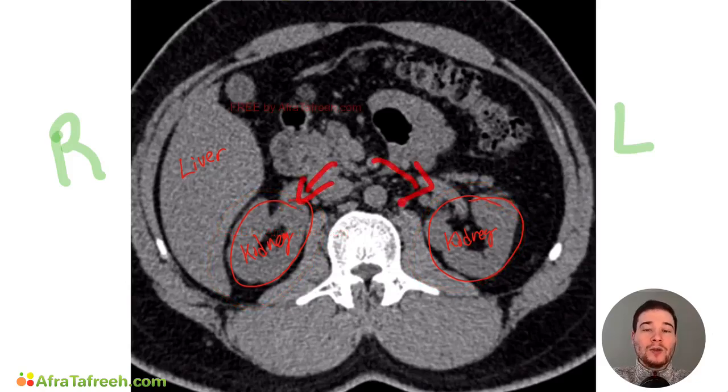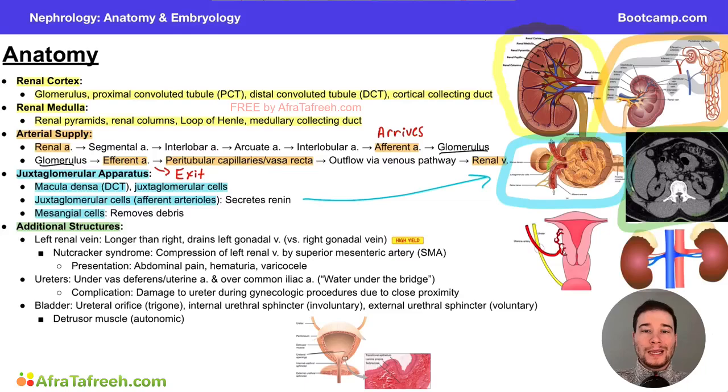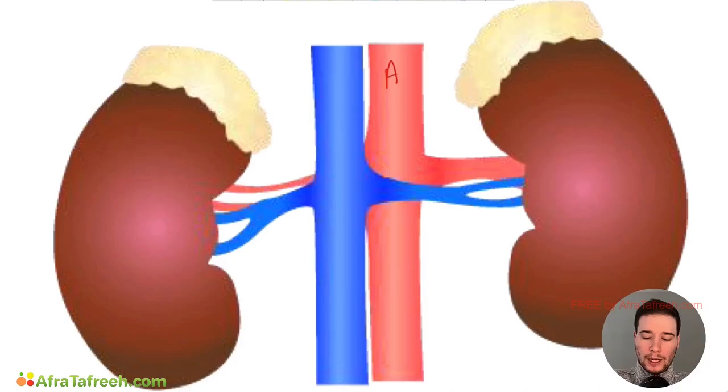If they give you an image and there's an obvious difference between the two, this is indicative of a possible pathology. Now, some key anatomy that I'd like you to know includes the left renal vein being longer than the right renal vein, also knowing that it drains the left gonadal vein, and this is different than the right gonadal vein. So if we now draw our attention over here to this image, we can see the aorta and the